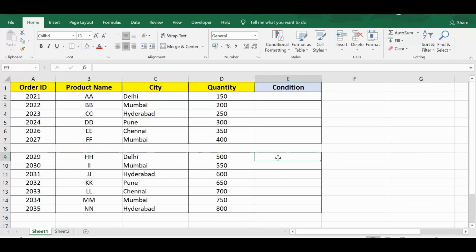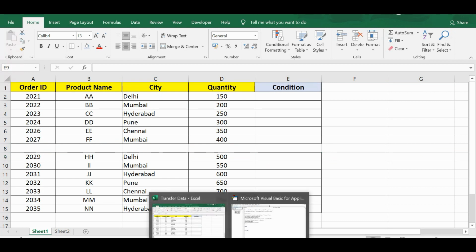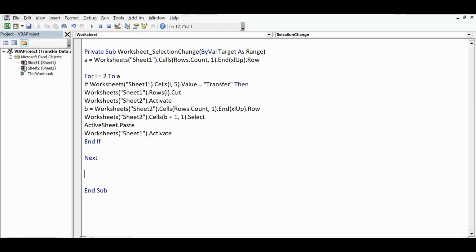For that we can add some more code. So let's see what that code is. For I equal to 2 to A, Next. Here I will use one If condition: If Worksheets Sheet1 dot Cells I comma 1 dot Value equal to blank, two inverted commas, then what should happen?